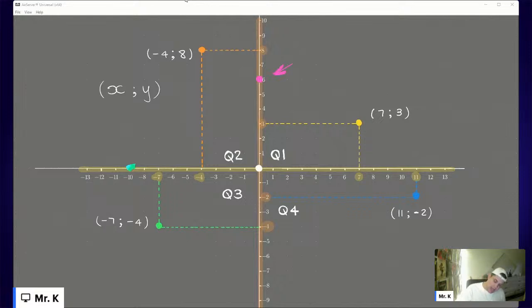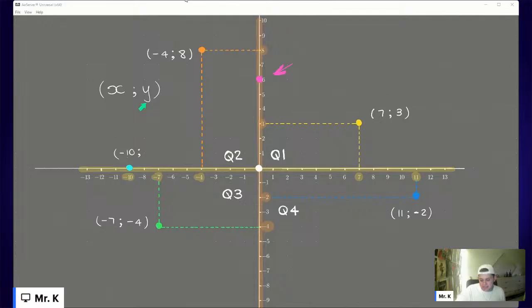What is the x value for this bright blue dot? Where am I sitting on this x-axis? Well, I can see that I'm all the way over here across at -10. So when I start writing my coordinates, I'm going to have -10 as the x value,